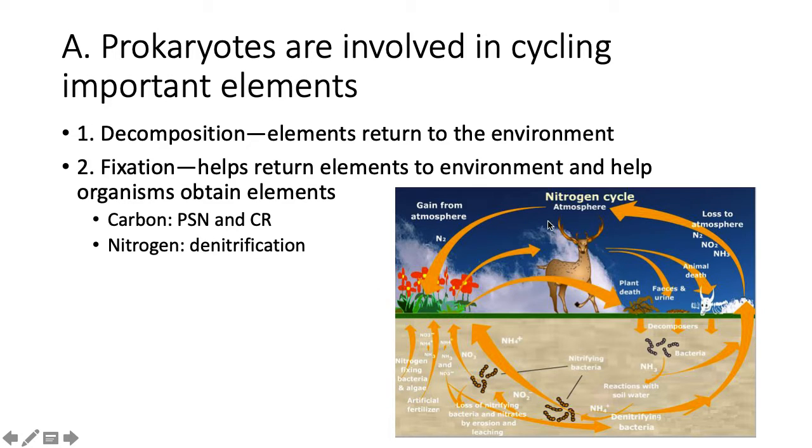Nitrogen. Our atmosphere is made up of 78% nitrogen gas. This nitrogen gas is unusable by a lot of organisms, but bacteria can take the N2 gas and convert it into nitrates and nitrites, and then plants can take in the nitrates and nitrites and use it to build DNA and protein and other macromolecules, and then we have animals that eat the plants and then they get their nitrogen. So, yeah.